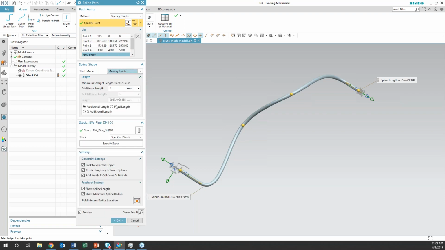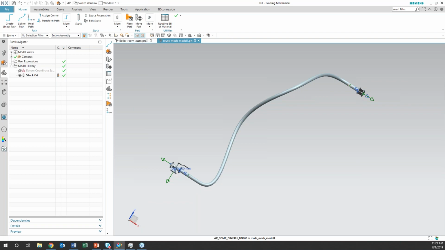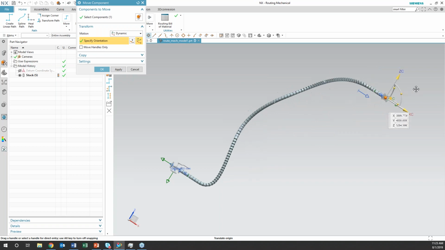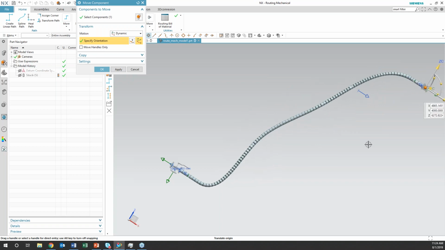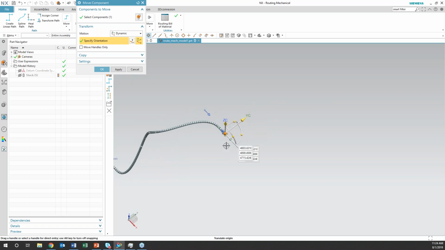Again, if I go moving points, what I could do is do a fixed length. Sometimes maybe we want 10 meters. We have 10 meters, but it is fixed length. So because it's fixed length, I can't move this anywhere I want. If I start moving it this way, it's fine. But as soon as I go over here, I gave it 10,000, so I need to pull it out quite a bit. And then it stops. Actually, it stopped right there. There's 10,000 of length there. This is 3D, so